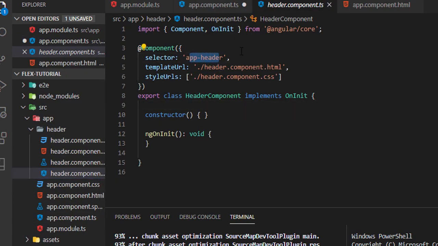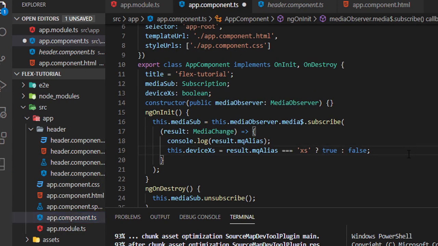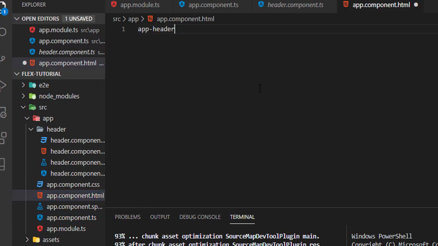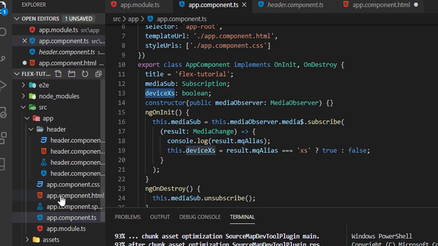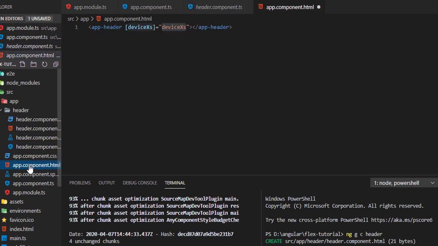Now using the selector, I can render this component inside the other component. So here I'm going to render this component inside app component, and here I'll pass the device SX value as an input to this component. So device SX is my value. If I save now, I'll get the error